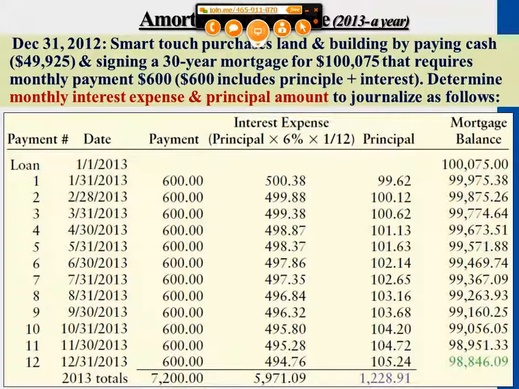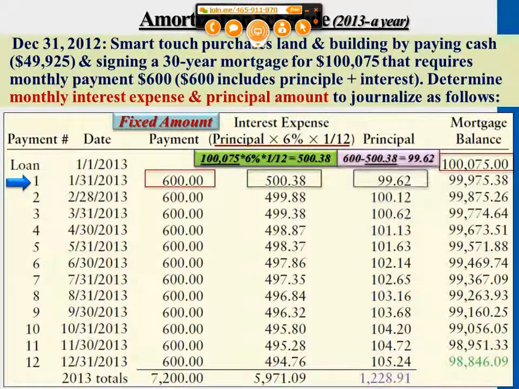What we need to do is determine what part we are paying as principal amount, and what part we are paying as interest amount. So the middle two columns are the part that we're trying to determine here. Right-hand side, the mortgage dollar amount will be given to you. Left-hand side column, the $600 fixed amount, you will also know this information. Now we need to calculate what part is interest that you're paying, what part is principal. So we break down that $600 into